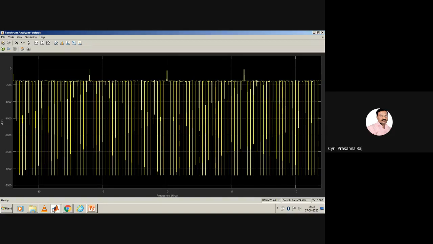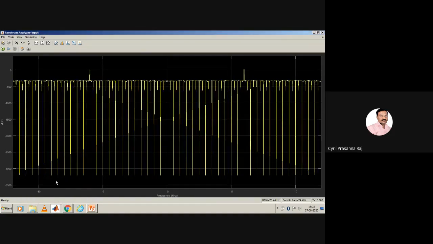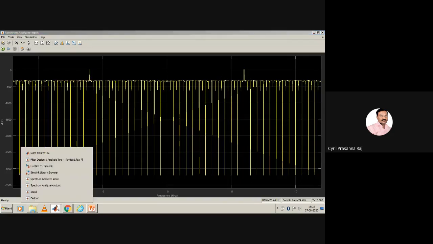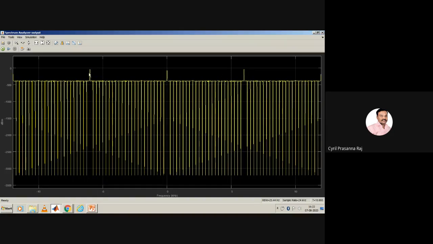So if you compare, in the input spectrum the amplitude at exactly 6 kilohertz is almost 0 dB, for positive frequency and negative frequency. But if you take the spectrum of output, it is less than 0 dB. That means a small amount of attenuation has been introduced to the signal. Okay.